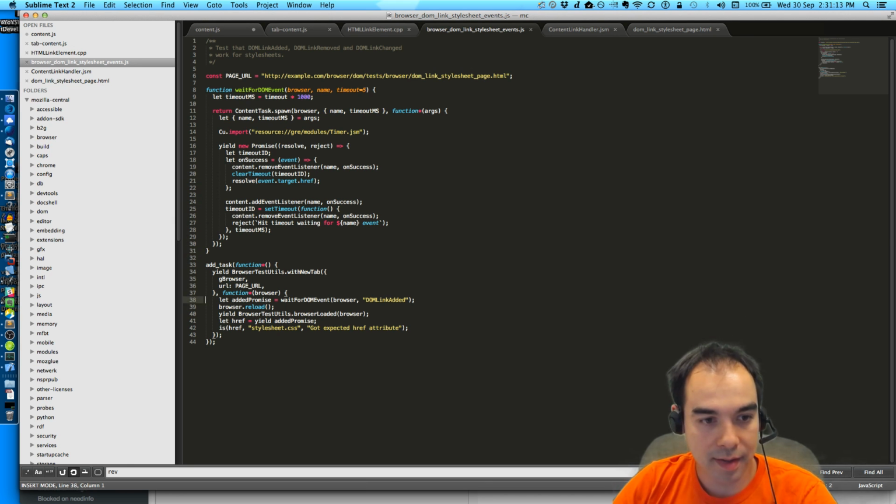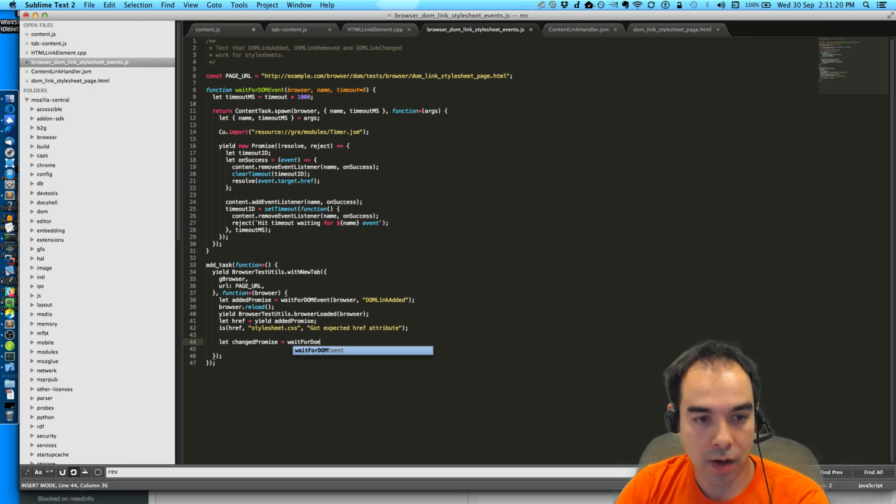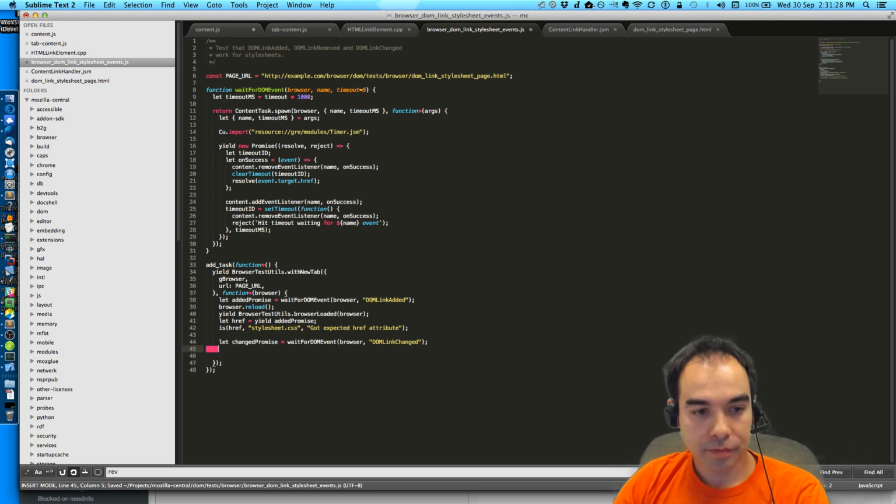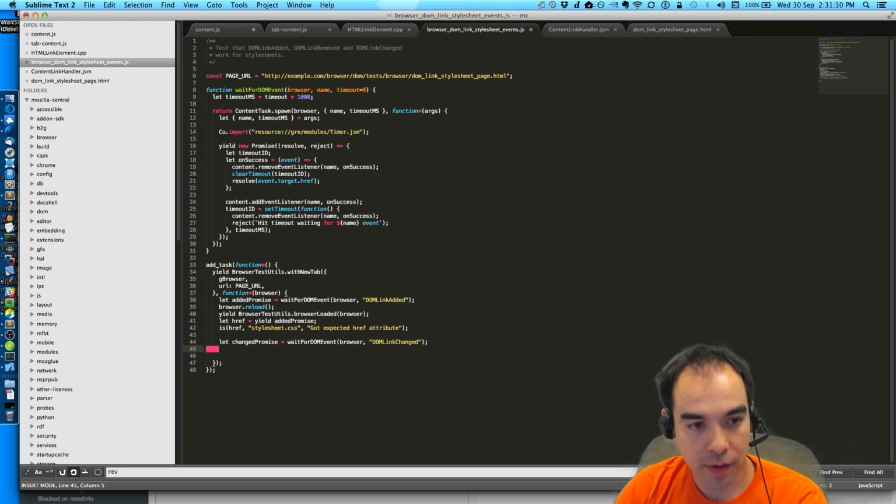That's one test. And then we could let changed promise equals wait for DOM event browser DOM link changed. And then what I'll do is yield content task spawn browser, function.